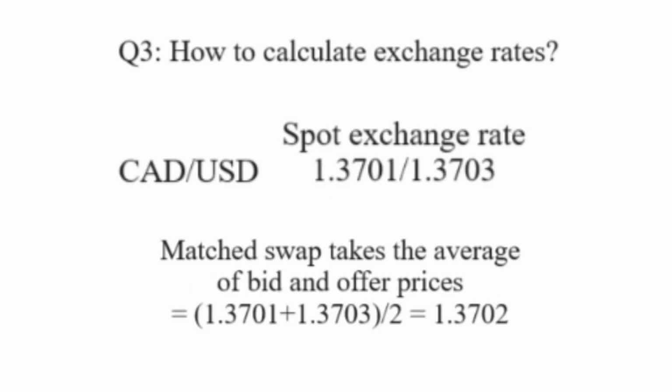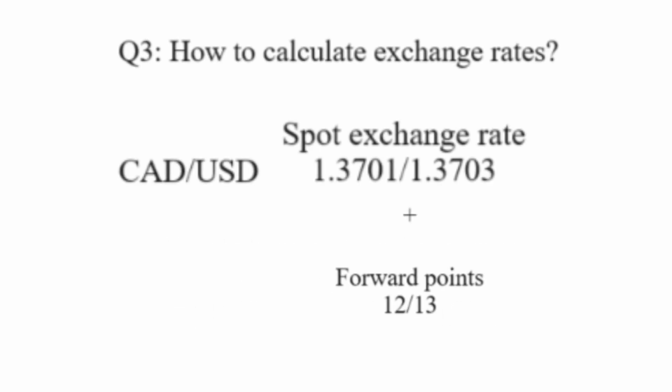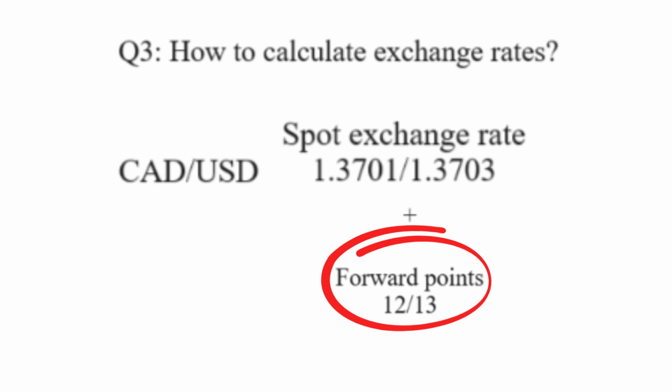In the special case of a matched swap, where the amounts of base currency being bought and sold are the same, the spot rate to use is the average of the bid and offer prices, or in this case, 1.3702. Now, to get the forward exchange rate, all you need to do is to add the forward points to